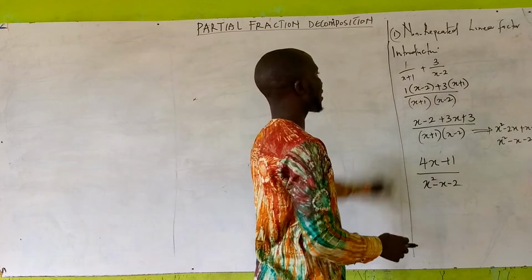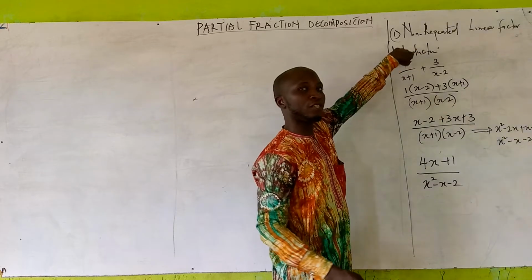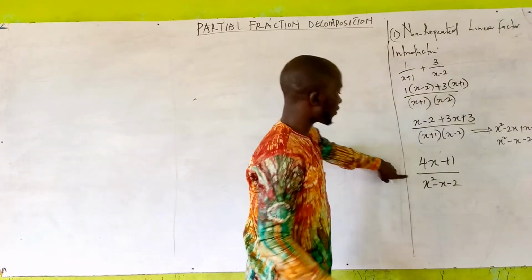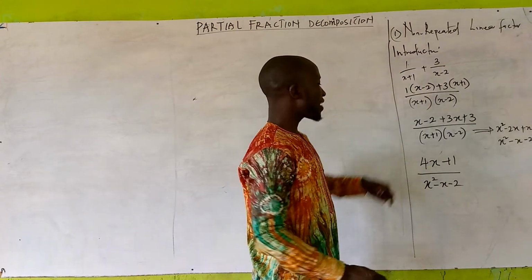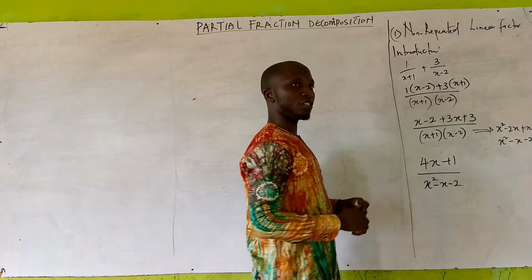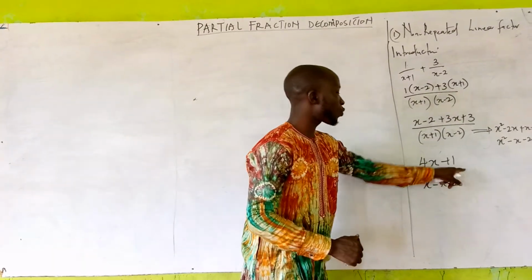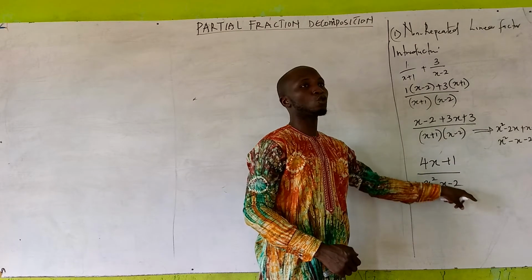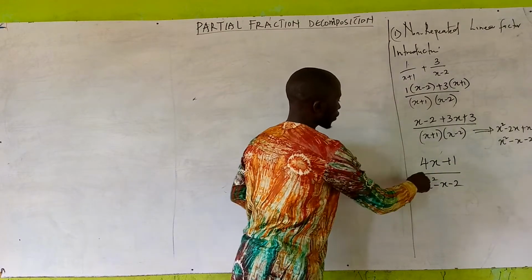The addition of these two algebraic fractions leads us to a single fraction. Now, if you are given the question 4x plus 1 divided by x squared minus x minus 2,